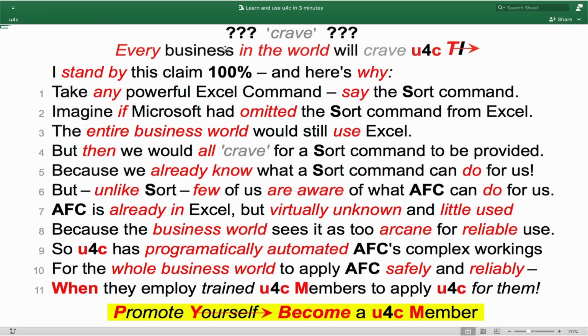Every business in the world will crave u4c TI. I stand by this claim 100%, and here's why. Take any powerful Excel command, say the sort command. Imagine if Microsoft had omitted the sort command from Excel. The entire business world would still use Excel, but then we would all crave for a sort command to be provided, because we already know what a sort command can do for us. But, unlike sort, few of us are already aware of what AFC can do for us. AFC is already in Excel, but virtually unknown and little used, because the business world sees it as too arcane